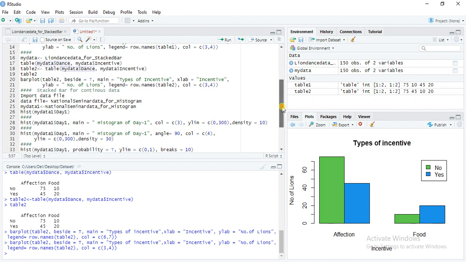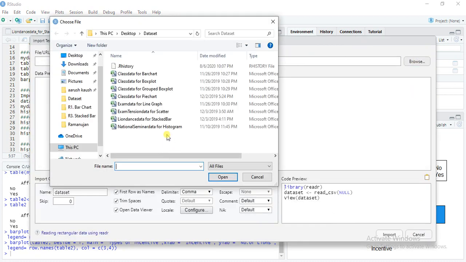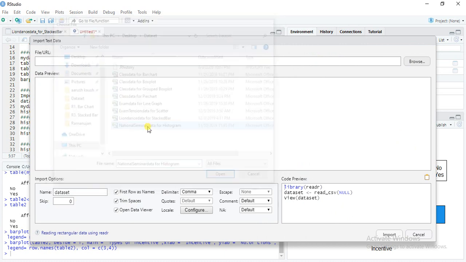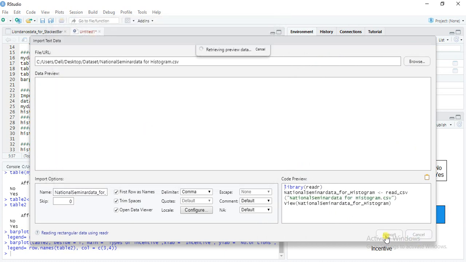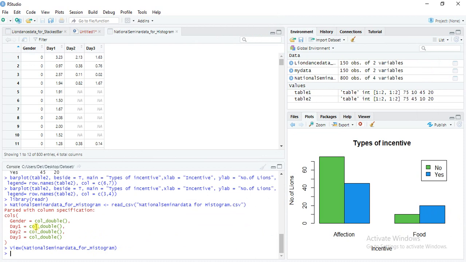Now I am taking the case study for this. Browse, and the case study name is National Seminar Histogram. Import. As usual I will write here first.